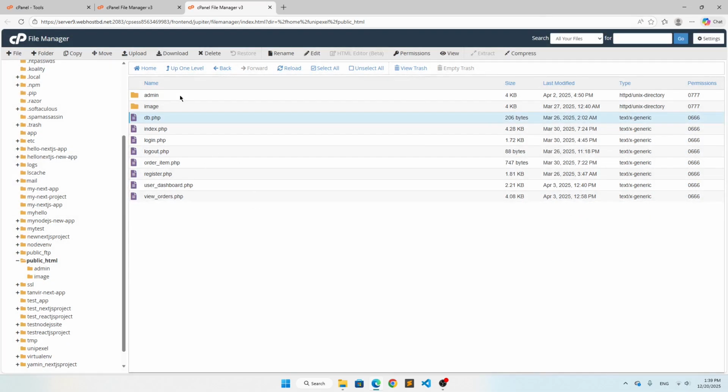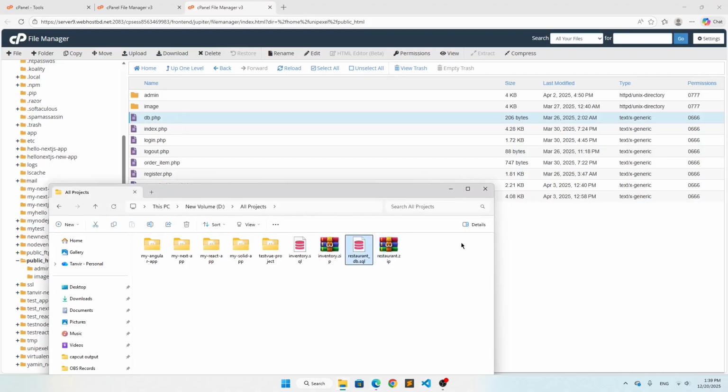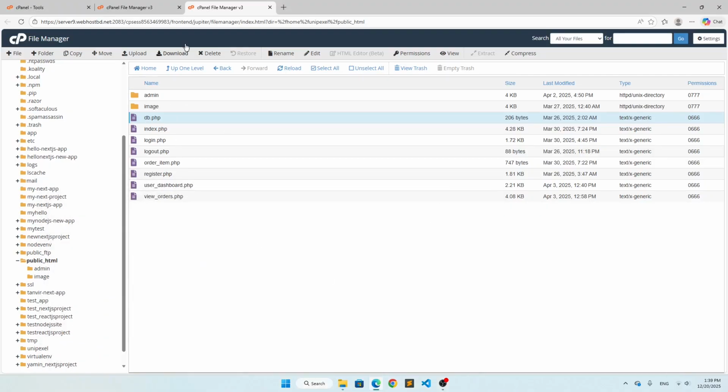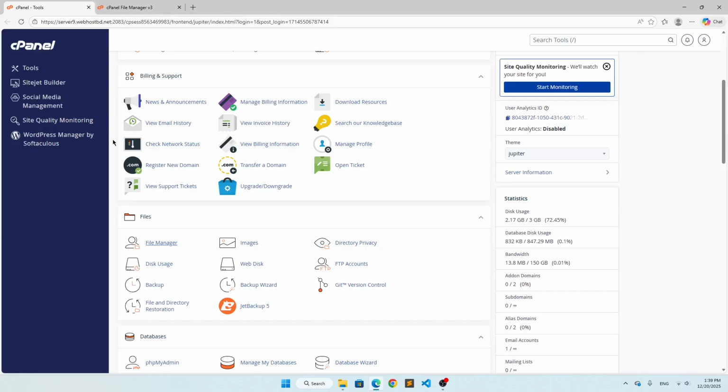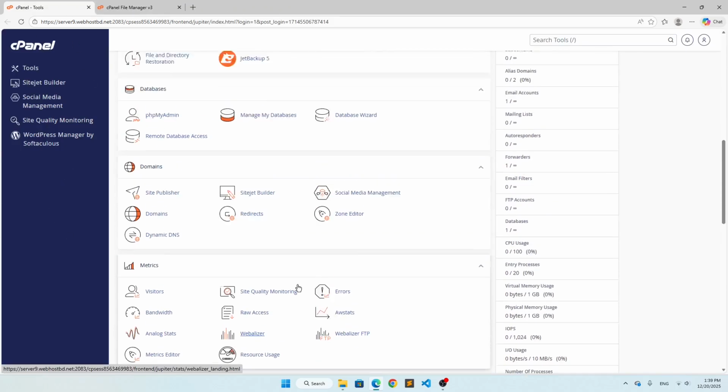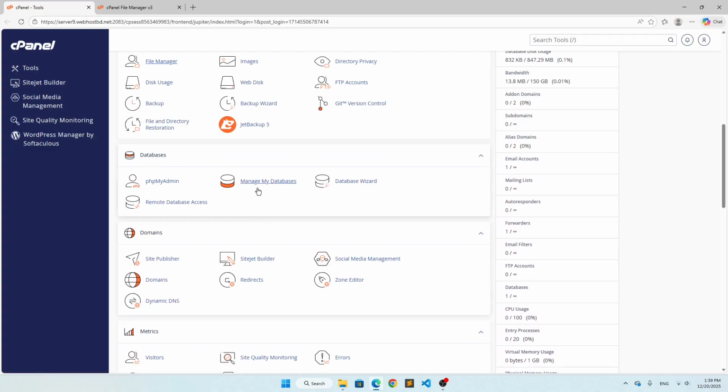I have database with my project. Here you can see I have the SQL file. Now we have to upload this SQL file. Okay, let's go back to the cPanel homepage. Here you can see, and here you have to go for the database section. Here you can see databases, and then you have to click here, manage my database. So open it in a new tab,